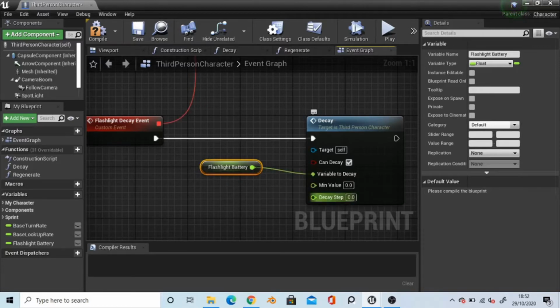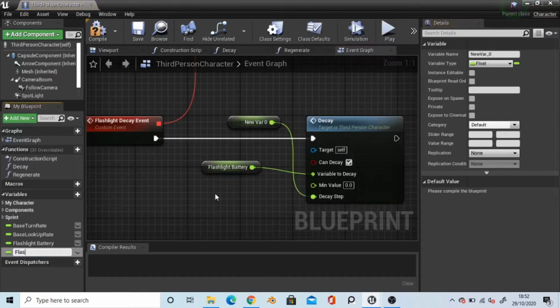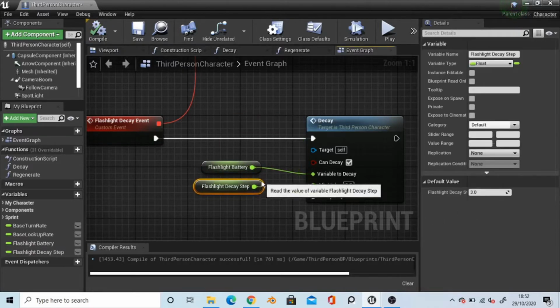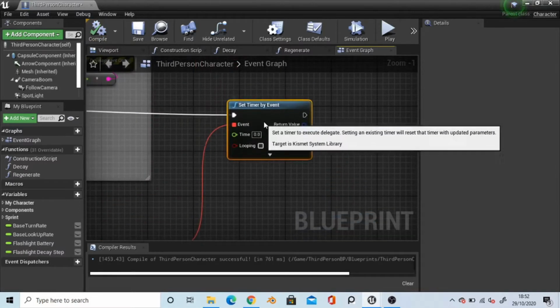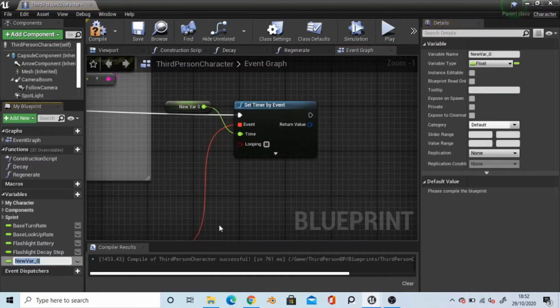Actually, I should show you this. If you type in, say 3, then promote this to a variable, type flashlight decay step, and if you compile it, you should see that the variable can save here, so you don't need to retype it. Now, the time we're going to drag out and promote this to a variable, call it flashlight decay rate. I'm going to set mine to 5 and tick looping,